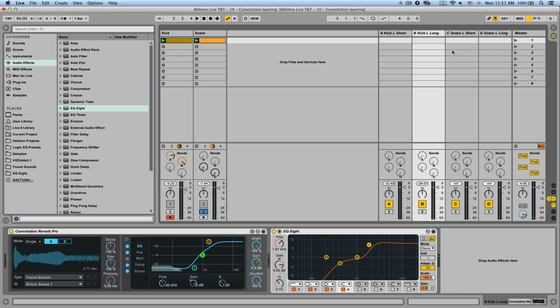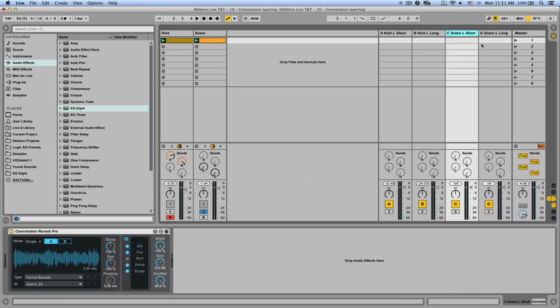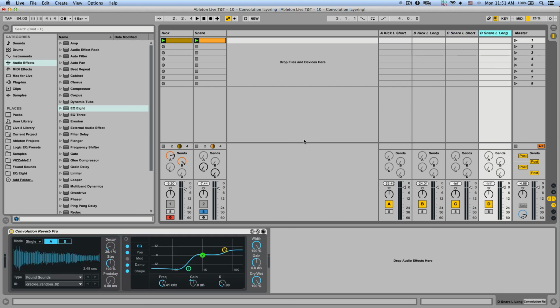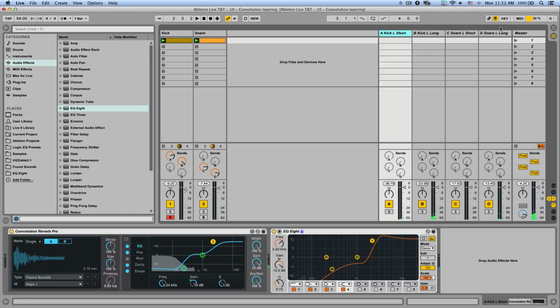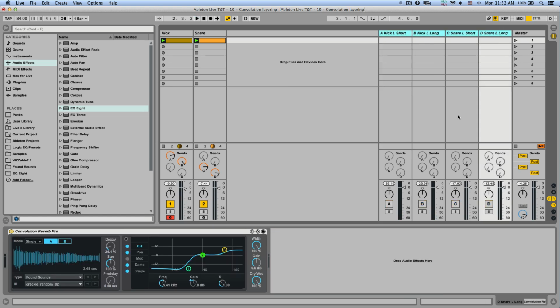Now the snare, we're going to do the same thing, a short and long sound. I already have them loaded up here. Second one. Nice. With the kick. So without the convolution layering, with,